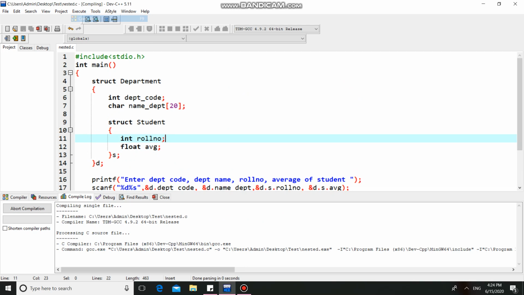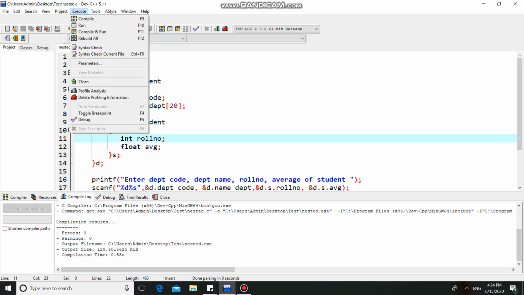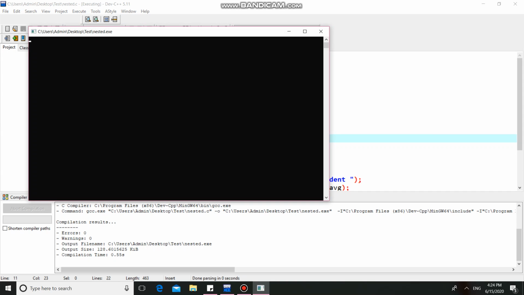Let us compile and run this program. There is no error. Now run. Give values: department code, then suppose CSIT department, then roll number 34, and suppose average is 78.9. You got the output, but there is a problem with the format specifier.